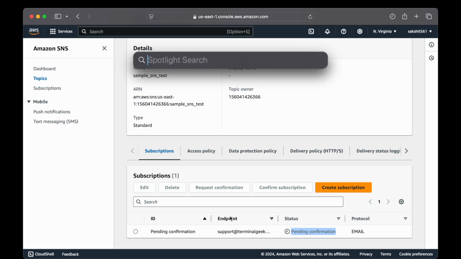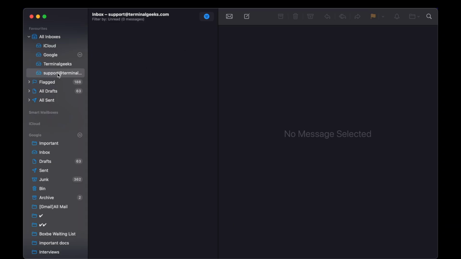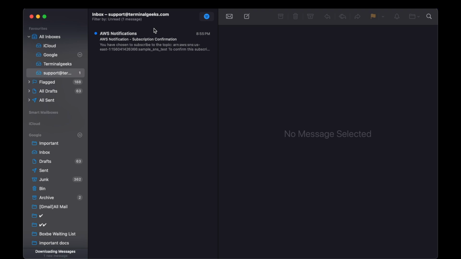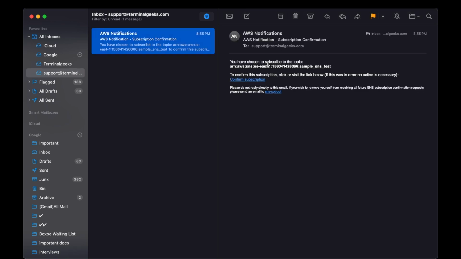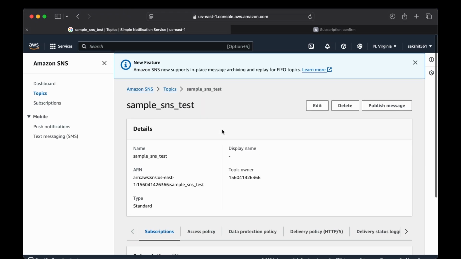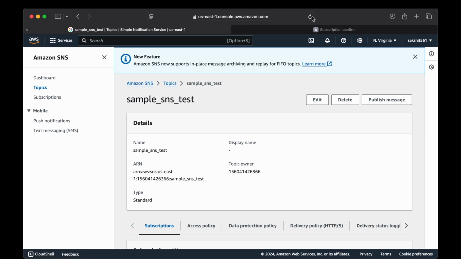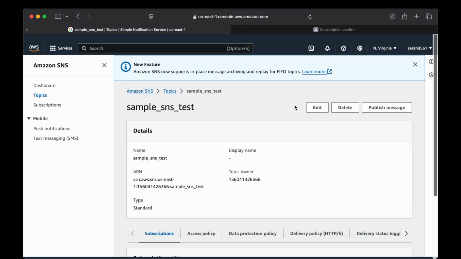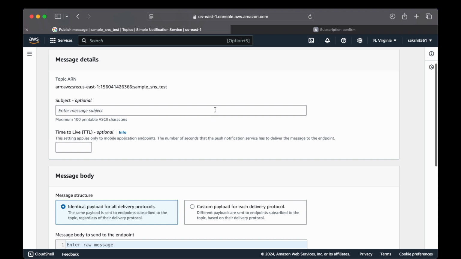So I'm going to the mail service and I'll check. We get the AWS notification here, and to confirm this subscription, we need to click confirm subscription, and here the subscription has been confirmed. When you go back to this SNS topic and refresh it, you will see the status is confirmed. Now, when you publish any message with a subject,